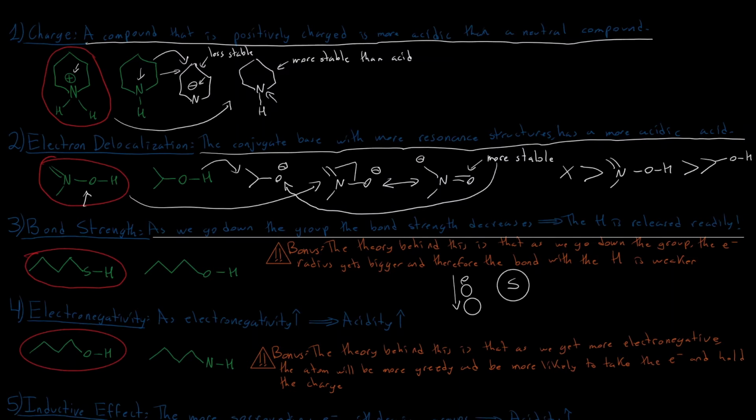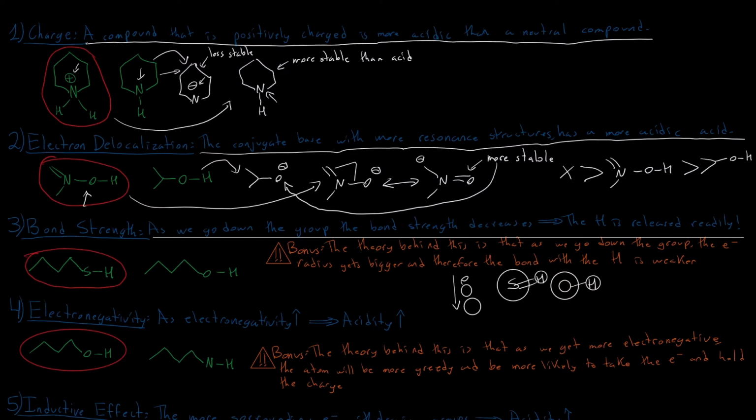So let's take sulfur, for example, and oxygen. So oxygen has a smaller electron radius than sulfur. Therefore, when a hydrogen comes to bond with the oxygen, the two nuclei will be closer to each other than if a hydrogen came to bond with a sulfur, because the electron radius is larger, therefore the interaction will be